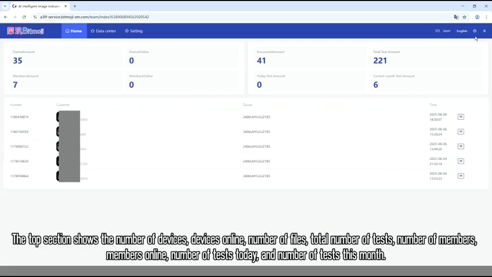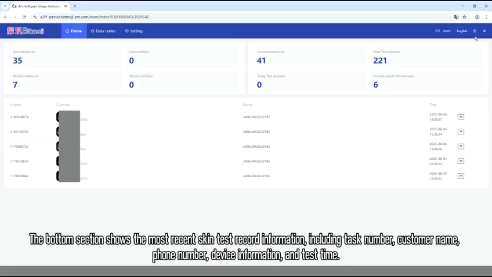The top section shows the number of devices, devices online, number of files, total number of tests, number of members, members online, number of tests today, and number of tests this month. The bottom section shows the most recent skin test record information, including task number, customer name, phone number, device information,